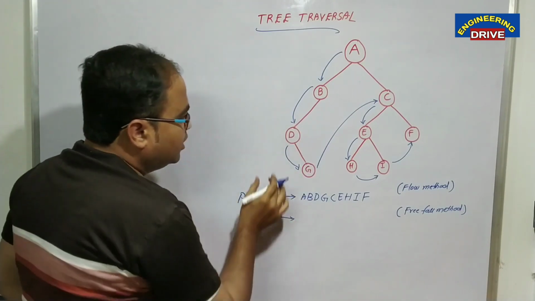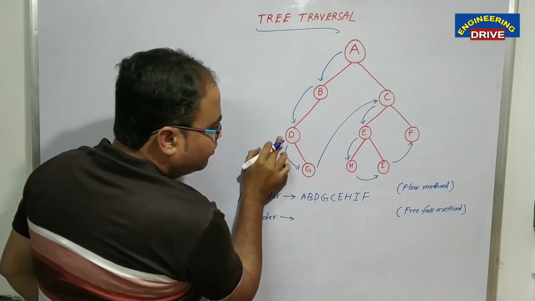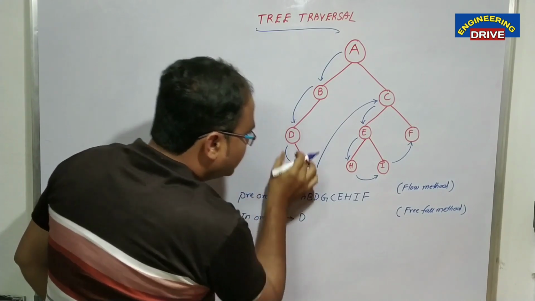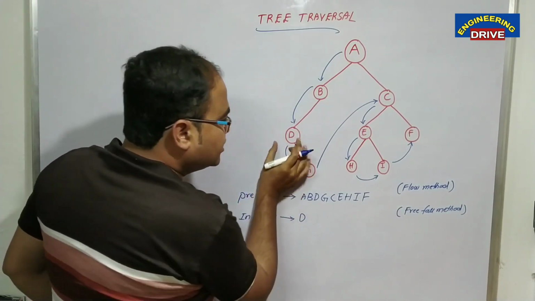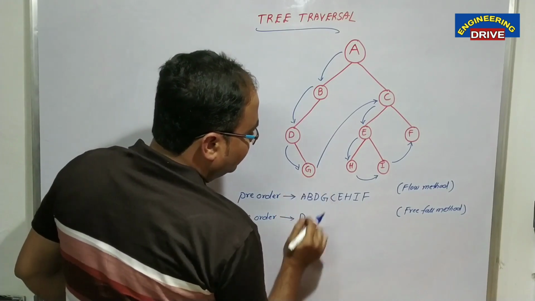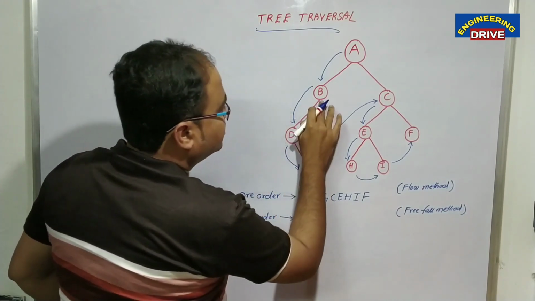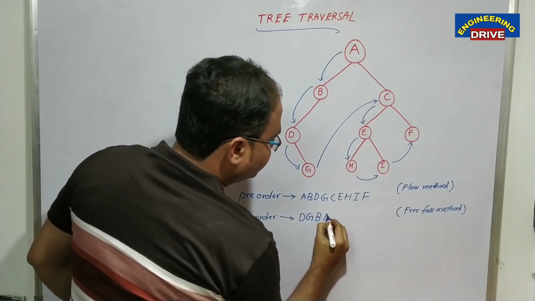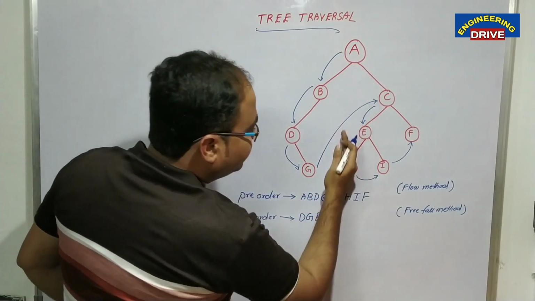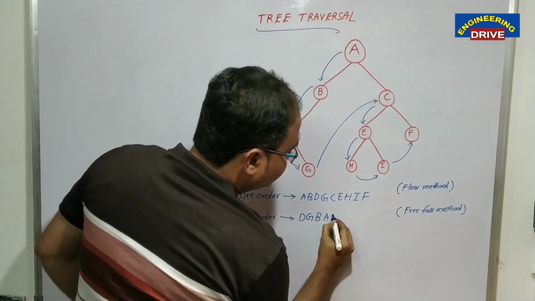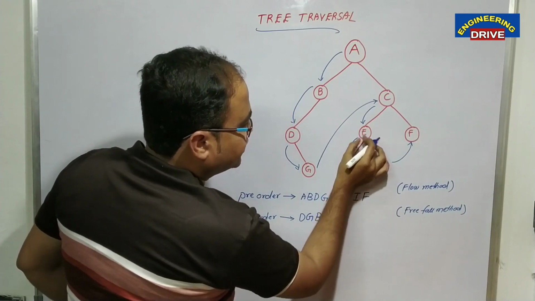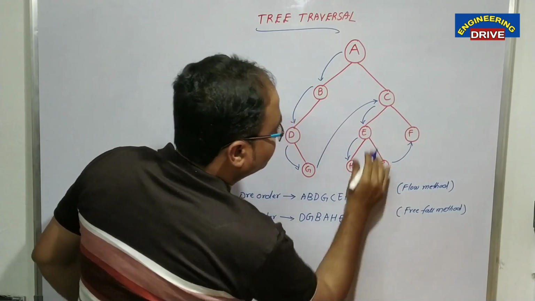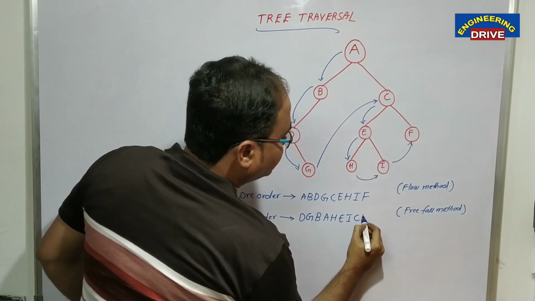Simple technique. If you see from left to right, which node will come first here? We will get D first here. Yes, of course. So write down D. Remove the D and write it down here. Next, left to right, which node will come? G will come first. So G. Next, B. Next, A. After A, next on the left side, H. After H, next on the left side, E. After E, next I. Next C, last F.